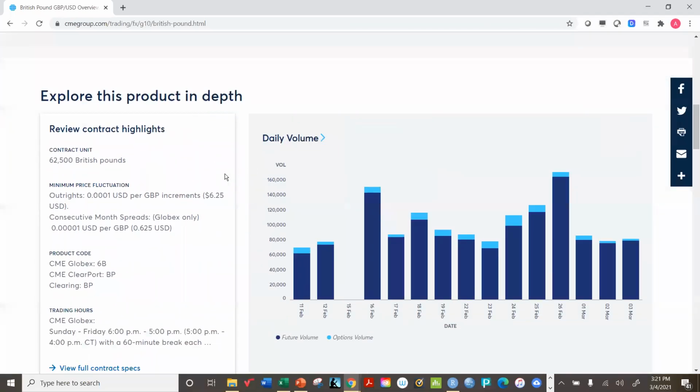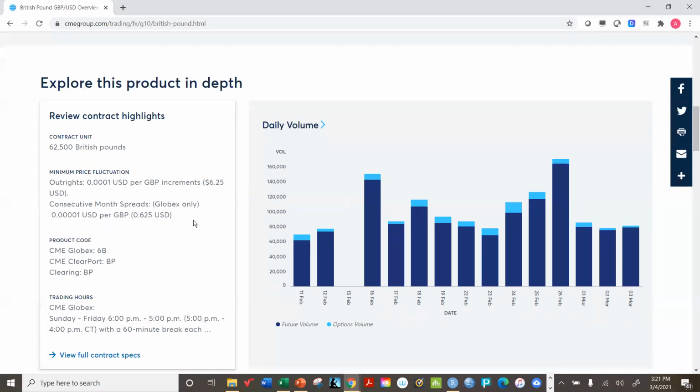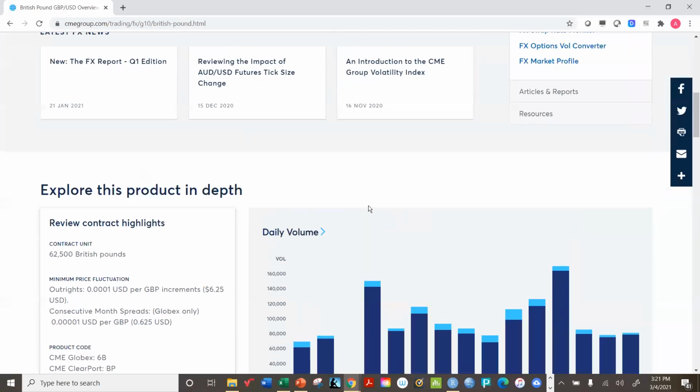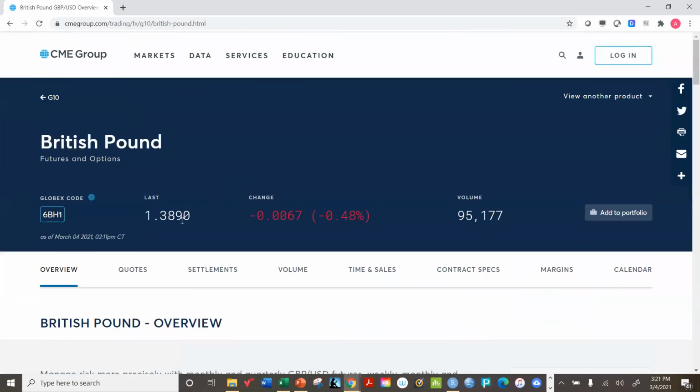I do want to point out a couple of details. A single contract gives you the right to buy or sell 62,500 pounds, and they trade through this exchange. And this is the current quote. This is the last price they have, $1.3890 per pound for future delivery of the pound. Now, what's unusual about these contracts, though,